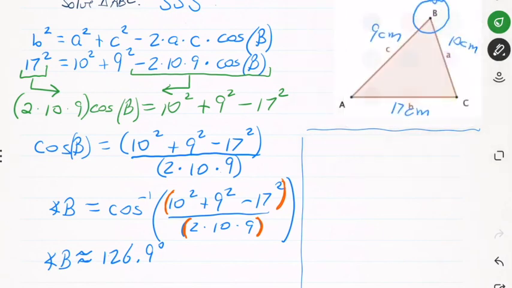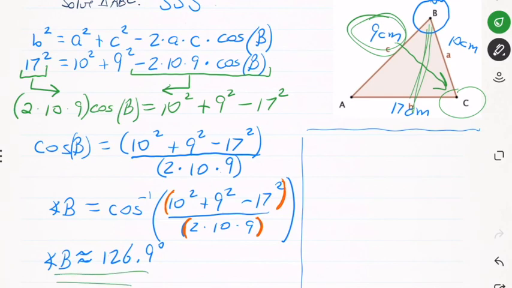So we now want to find the smallest angle. We have angle B, and the smallest angle is going to be across from the smallest side. So we're looking for angle C. The only other opposite sides that we know about each other are side B, and now we have found angle B over here. So we're going to set up sine of C over 9 is equal to sine of B, which is approximately